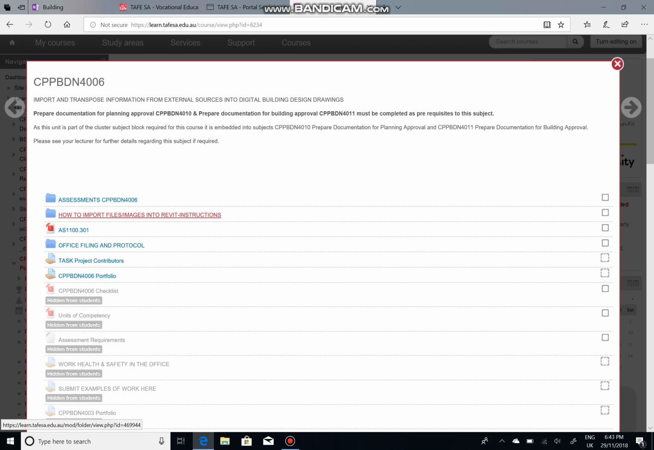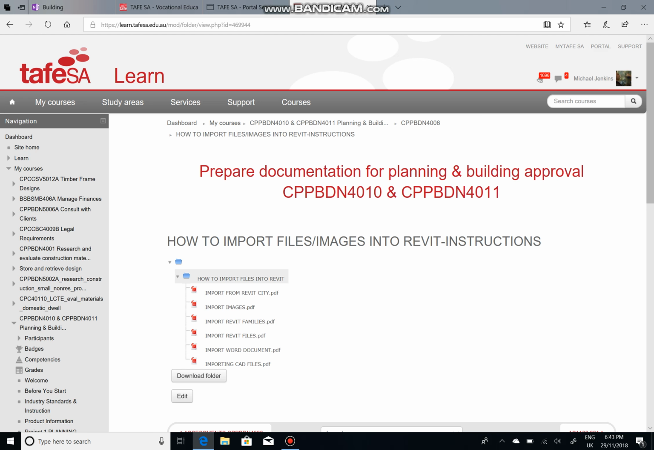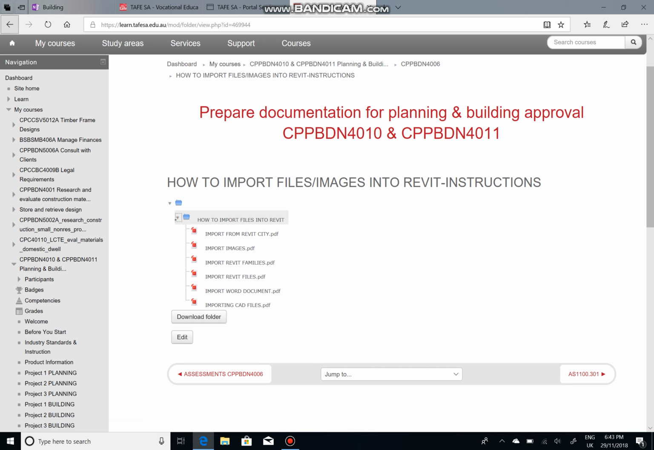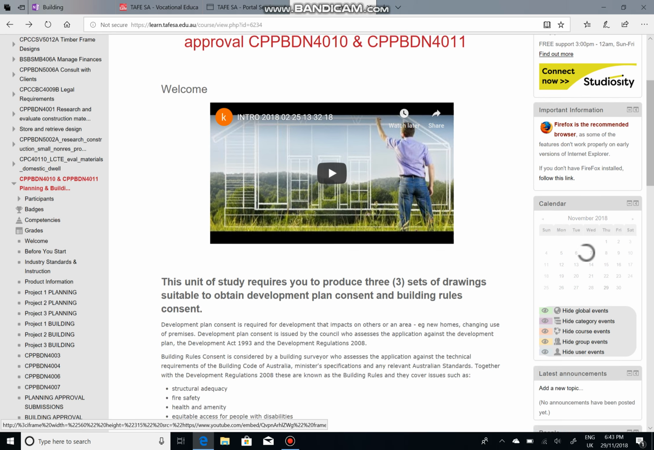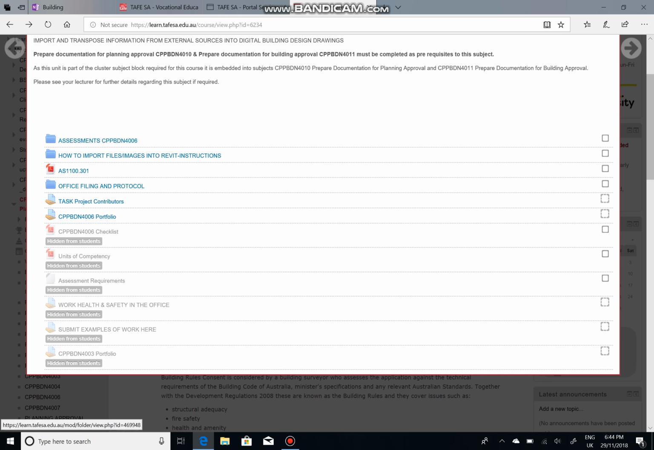So once again, we've got information on importing files, so importing from Revit, images, etc. And by all means, go through these resources and have a look at those. But much of this is what you've done already throughout the subject. And then once again, your office filing protocol, which should be very familiar to you, as is AS 1100